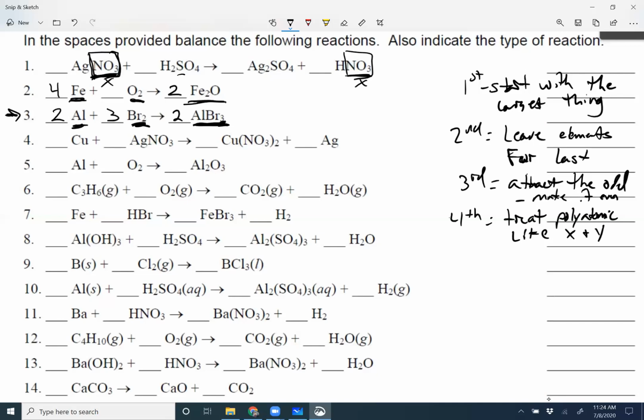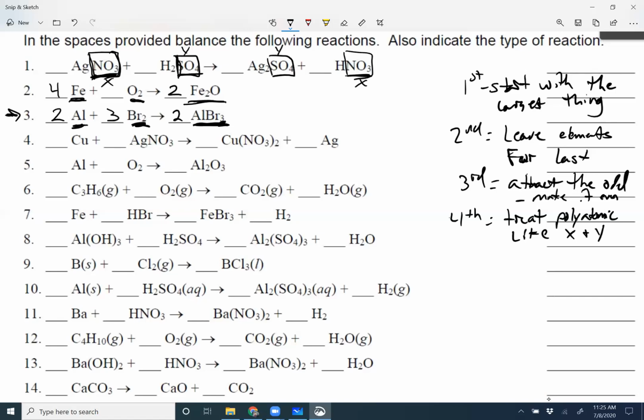And then you'll notice right here, we have sulfate. Well, sulfate didn't break up. It stayed sulfate. We can treat this like Y. So rather than balancing S and O, we can shorten all of our work here by simply balancing out these things, nitrate like a whole thing, nitrate, and sulfate like a whole thing, sulfate. So let's go ahead and balance it now, but using our